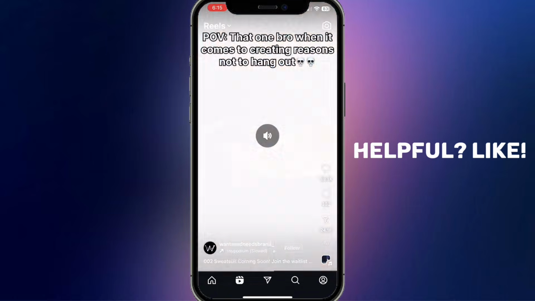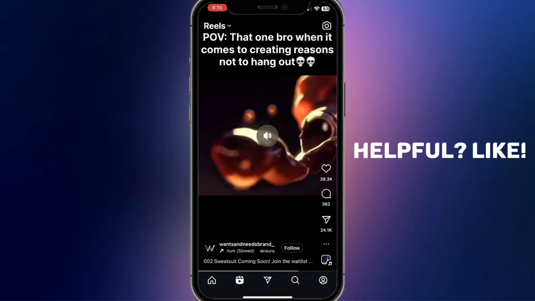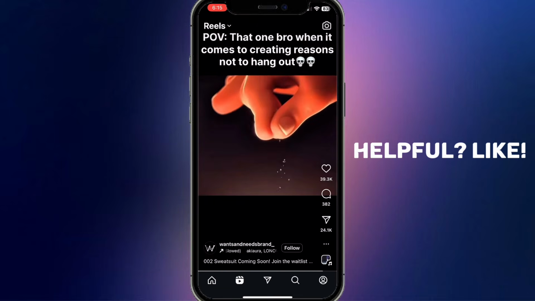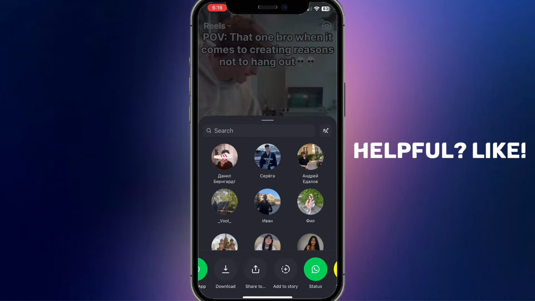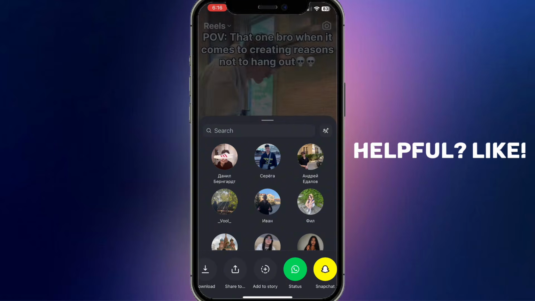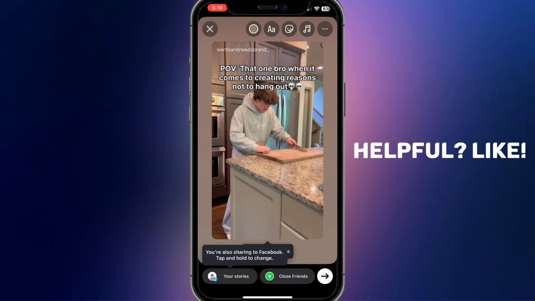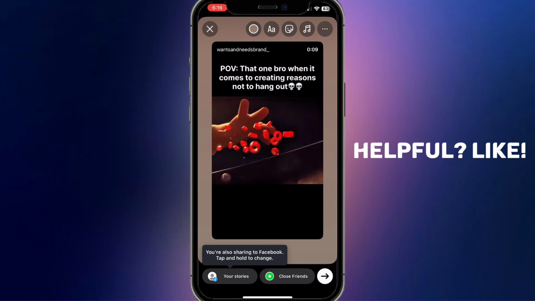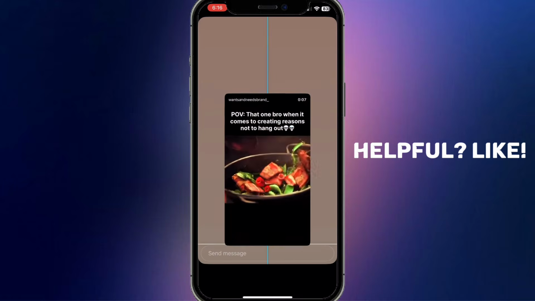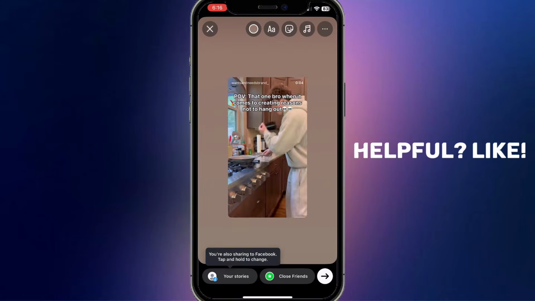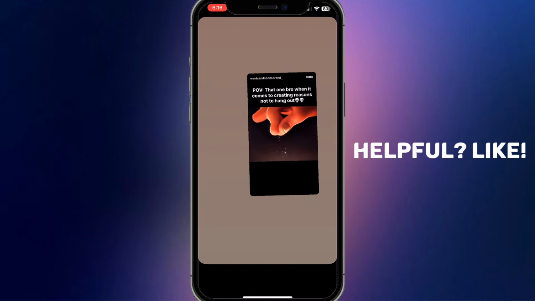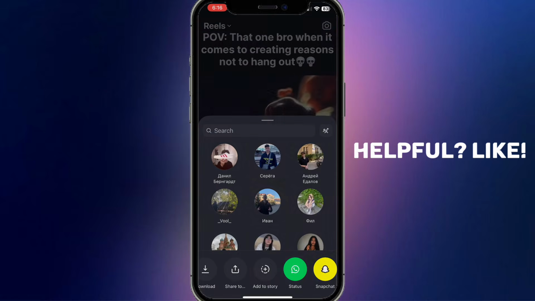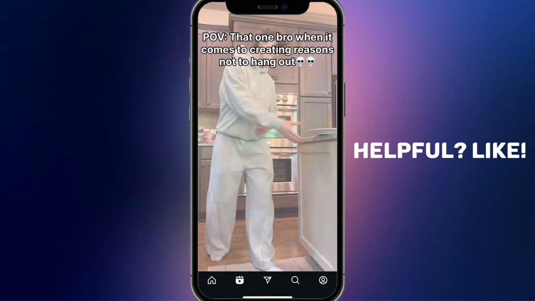For example, I like this reel, and first of all, if I click on the share button in the bottom right corner, I will see that I have an option here in the bottom side of the screen, add to story. If I click on this button, I will be able to add this reel to my story, but as you can see, it only adds 15 to 10 seconds of this reel to the story. It is not what I want, so I'll go back and now I'll show you how to add a full